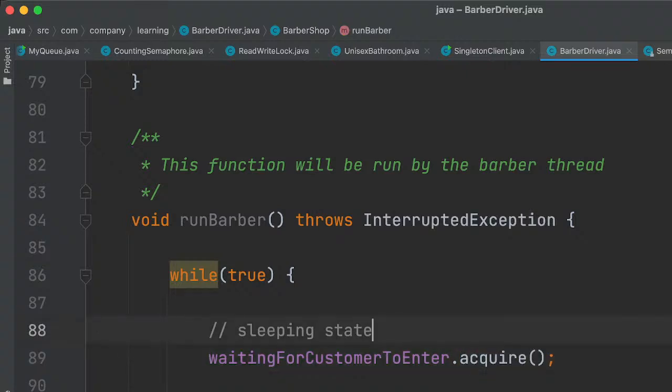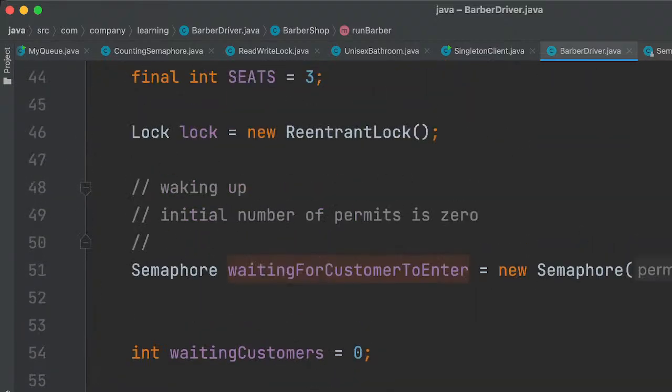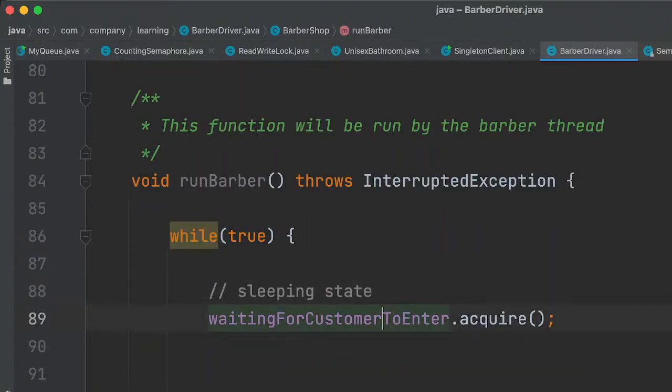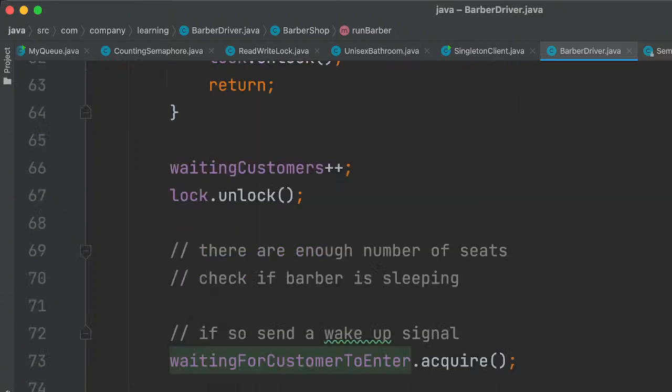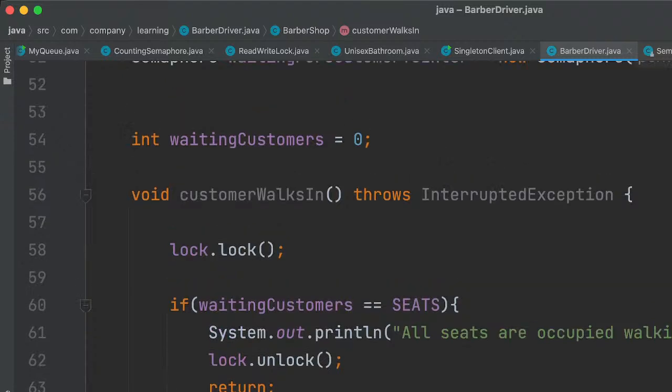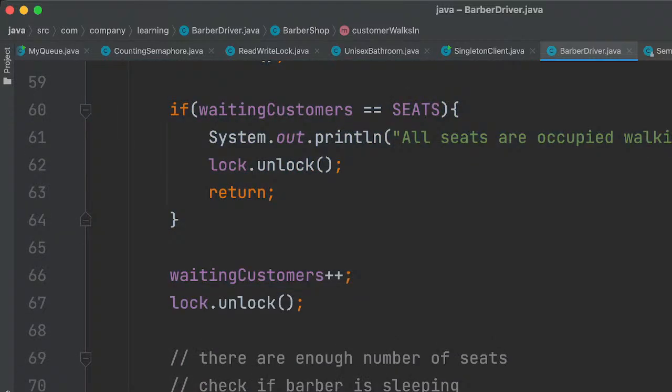Initially it is 0, so it will be blocked on this semaphore at the barber thread, and once a new customer comes in, it will cause the release.